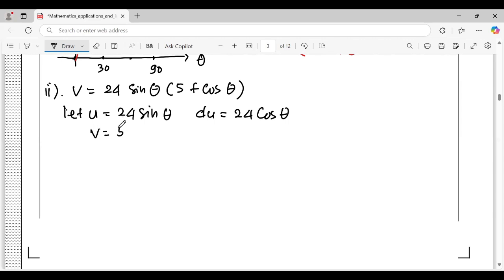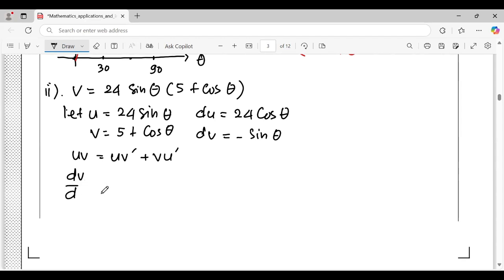Let v equal 5 plus cosine theta, and the v derivative is minus sine theta. So according to the product rule, the derivative of phi equals u times the derivative of v plus v times the derivative of u. So the derivative of phi with respect to theta is